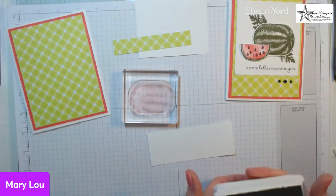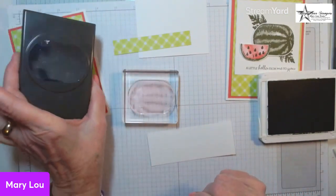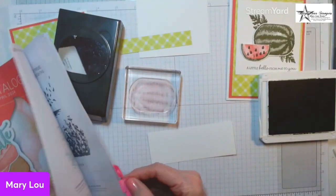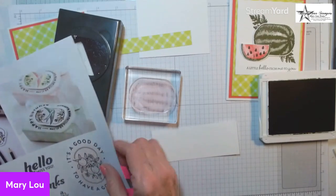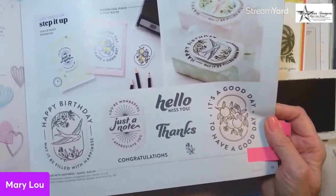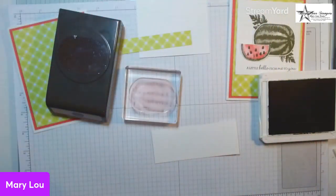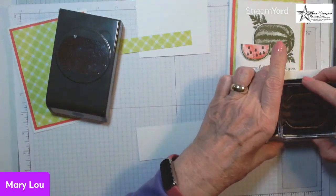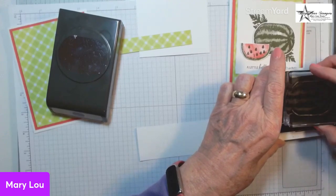And the cool thing about this, we're going to punch it out with the modern oval punch. There is a stamp set in the new catalog, and this is where I can talk about that coordinates with this punch. Let me see if I have it marked because I've got it on my list. The Filled with Happiness on page 35. They're sized to use that punch. So the punch actually came out in the holiday mini. And I didn't buy the stamp set it coordinated with, but I bought the punch